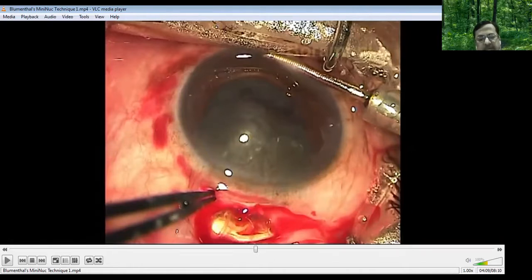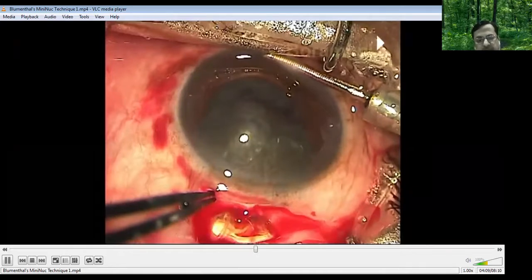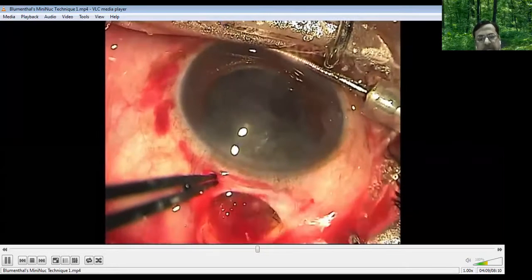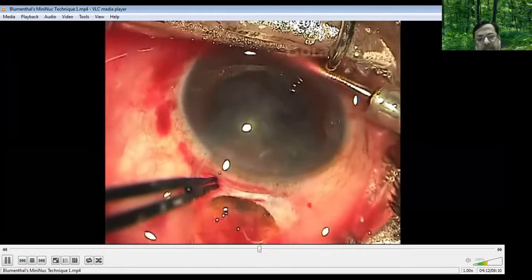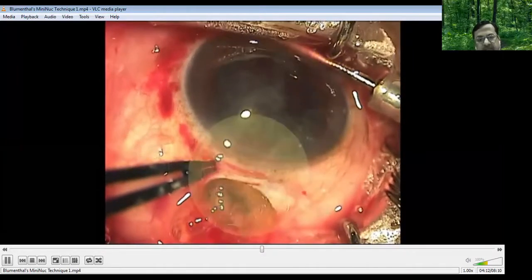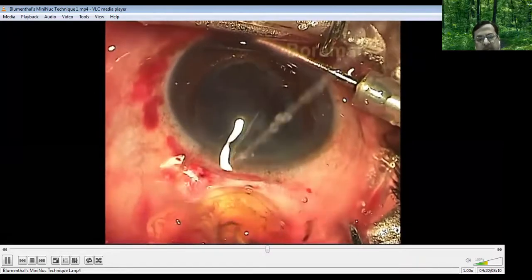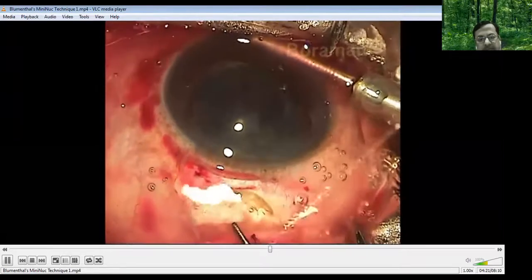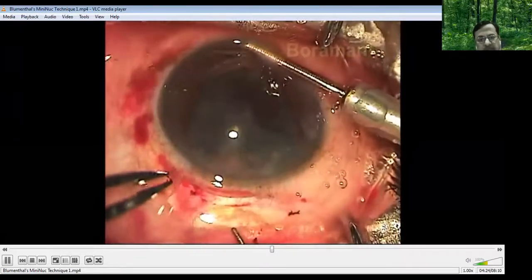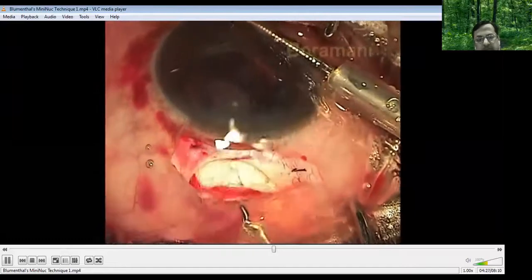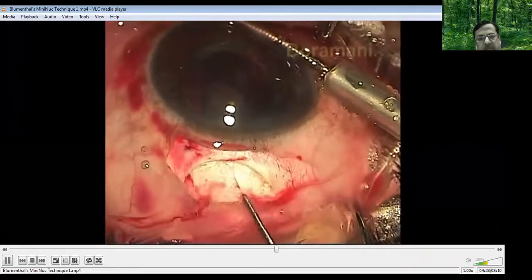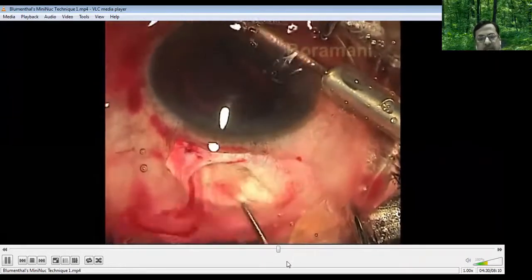Now this is a very important step of the Blumenthal technique, because in my right hand now there is a sheets guide. This is a thin plastic guide which has gone into the anterior chamber. I am trying to press the posterior wall, and now the nucleus is coming and getting trapped into the scleral tunnel. See, this is a representation. So this is the nucleus which is now trapped in the scleral tunnel, and this nucleus may come out totally. If it doesn't come out totally, you can fragment the nucleus. I'll show you my technique of fragmentation of the nucleus also. This way, take the nucleus out.